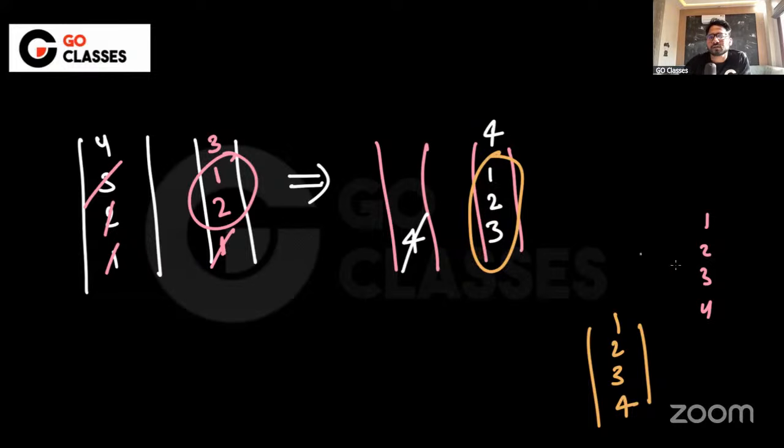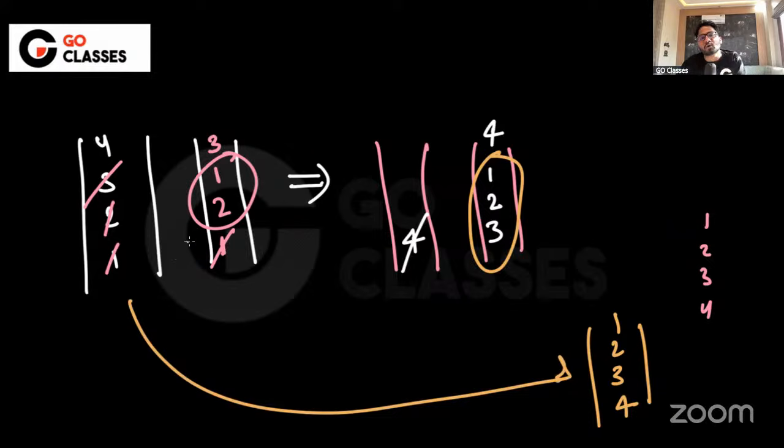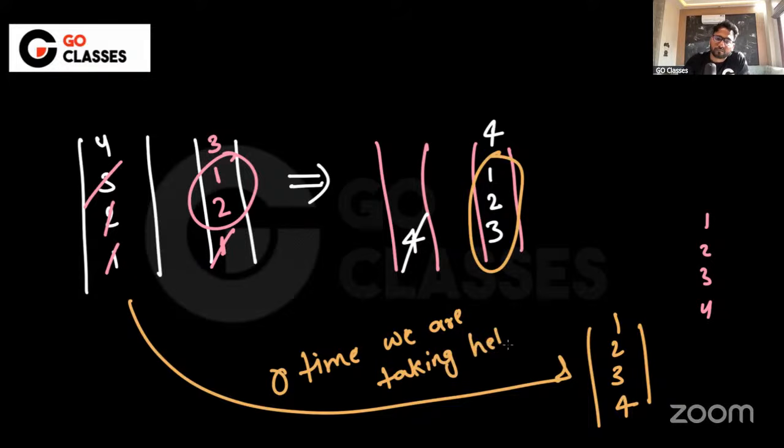So basically you can do this. You can go from here to here, and the number of enqueues, or the help that you are taking from the first queue, is 0 times, right? 0 times we are taking help from the first queue in terms of the enqueue operation. I'm not doing any enqueue from here. Is this fine to everyone?